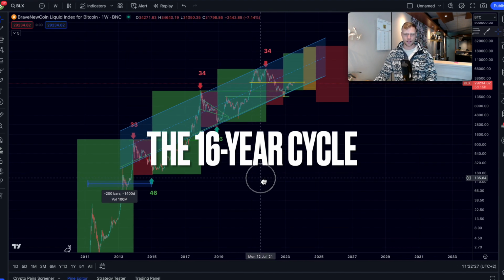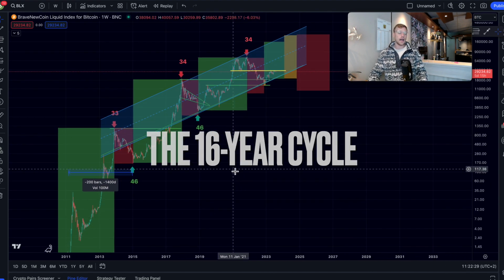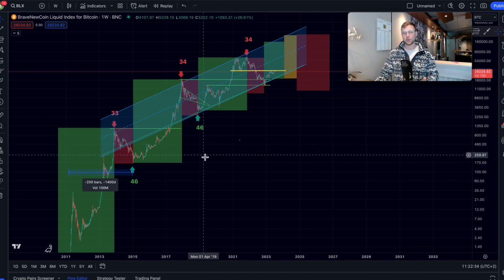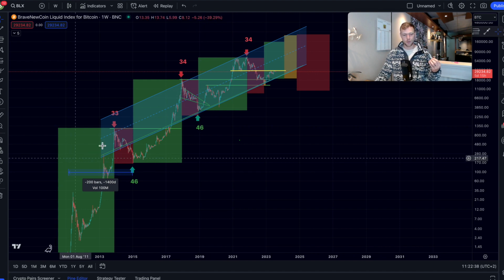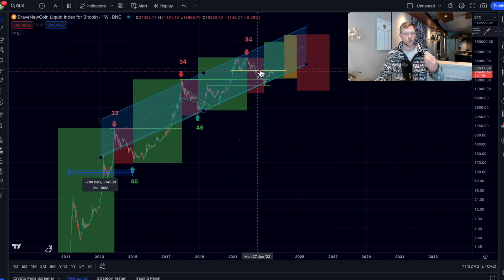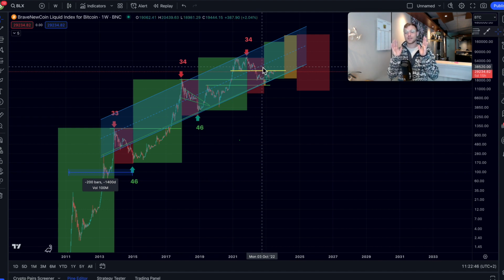16-year cycle. And that is basically, I'm going to try to explain it very, very simple, but that means that Bitcoin exists of 4 4-year cycles, of which we have 1 4-year cycle, 2 4-year cycles, 3 4-year cycles, and we are right now in the last 4-year cycle. The only thing with the last 4-year cycle is that the green and red box are flipped, which means, and